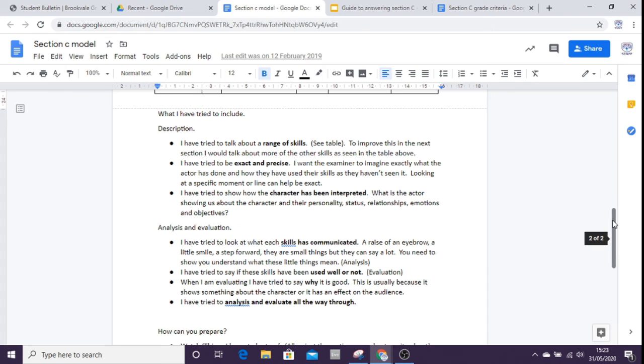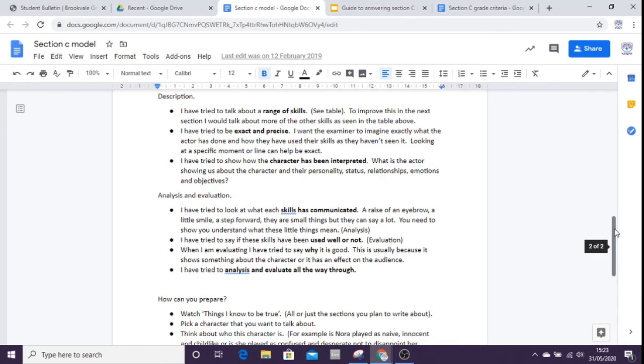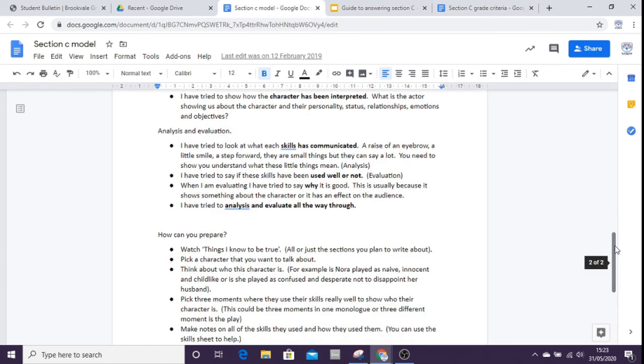of skills, try to be as exact and precise so the examiner can actually imagine what the actor is actually doing. I've shown how the character has been interpreted, so I'm showing that I understand who the character is, what their personality, status, relationships, objectives, emotions are like. And I've also tried to add the analysis in. What is each skill communicating? I've tried to really break it down actually, and also try to evaluate throughout, thinking whether or not I think